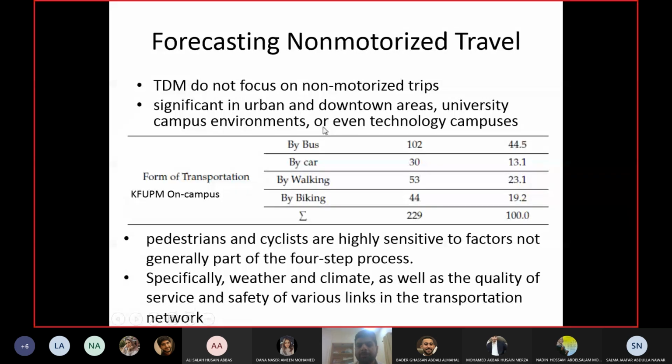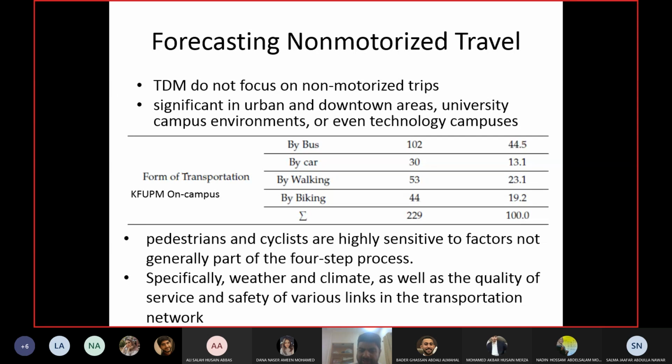Or university campuses, even technology campuses. If you go to California, there's Silicon Valley, right? There's a technology campus. Even when I was in Europe, they had a campus for research, and people were living in that campus as well.